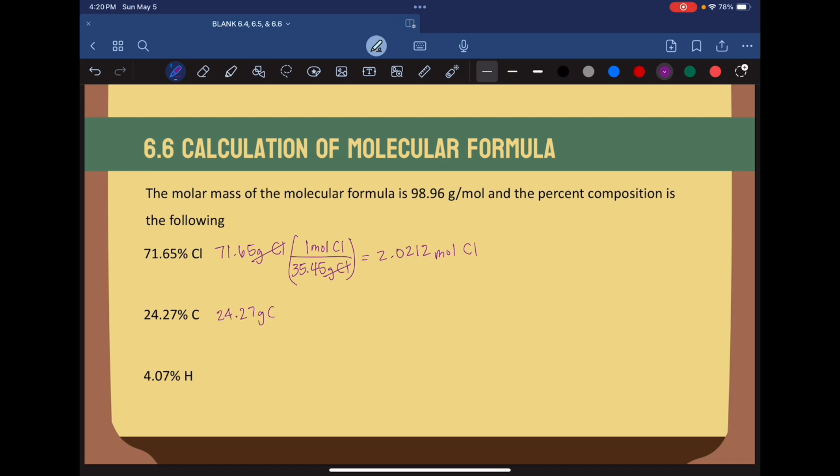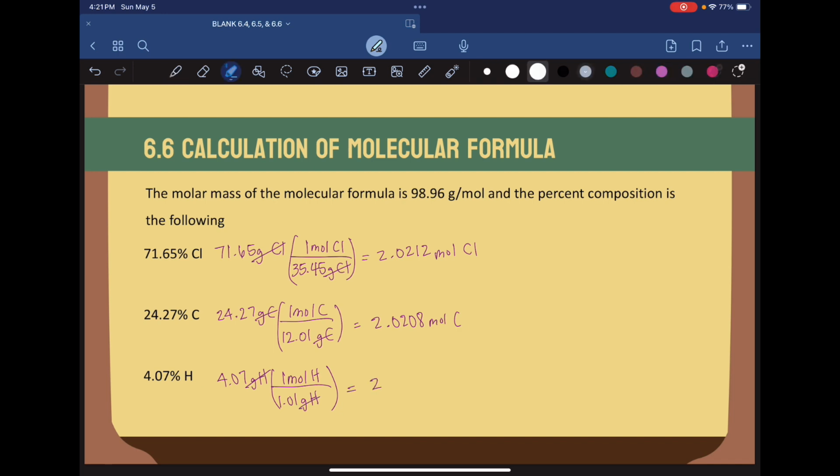24.27 grams of carbon. Carbon's molar mass is 12.01. 1 mole of carbon at the top. Your grams of carbon will cancel. You'll get 2.0208 moles of carbon. Hydrogen is 4.07 grams of hydrogen, 1.01 grams of hydrogen to 1 mole of hydrogen. Your grams of hydrogen will cancel, leaving you with 4.030